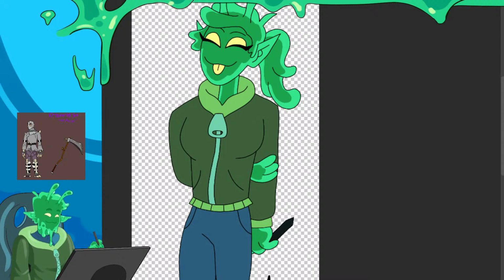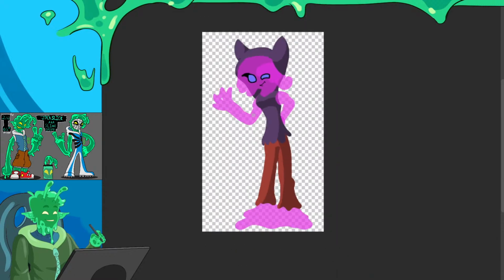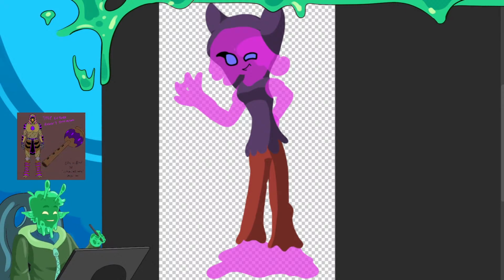Next we have Moribo Nucleic. I don't know how to pronounce your name. I'm sorry, but you gave me a nice purple version as well with the very transparent and the cat hoodie.